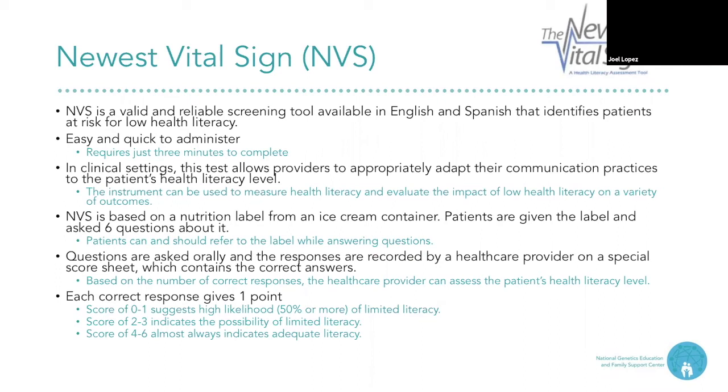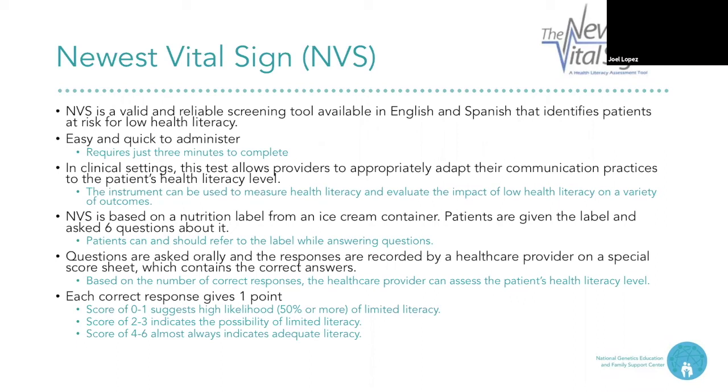of outcomes. NVS is based on a nutrition label from an ice cream container. So patients are given the label and asked 6 questions about it. Patients can and should refer to the label while they answer the questions. The questions are asked orally and the responses are recorded by a healthcare provider on a special score sheet which contains the correct answers. Based on the number of correct responses, the healthcare provider can assess the patient's health literacy